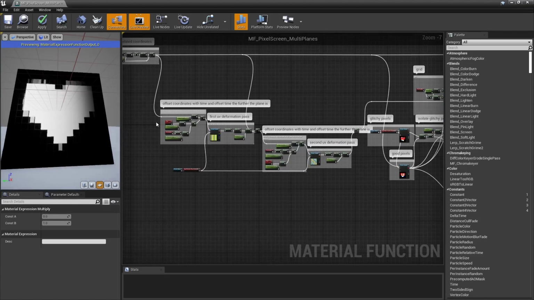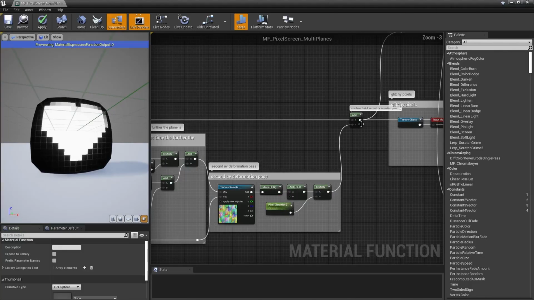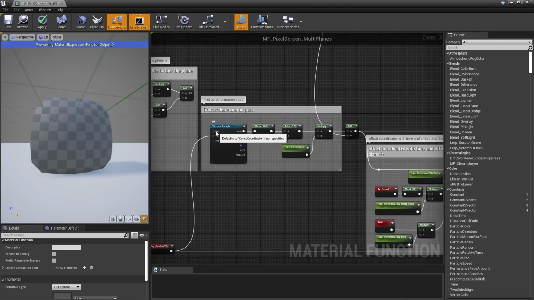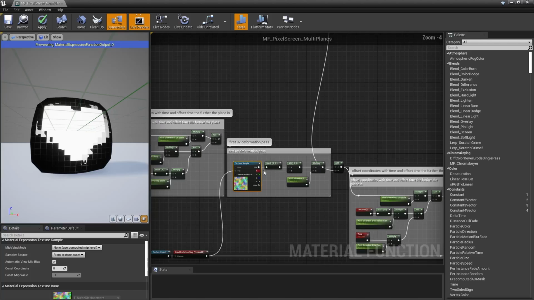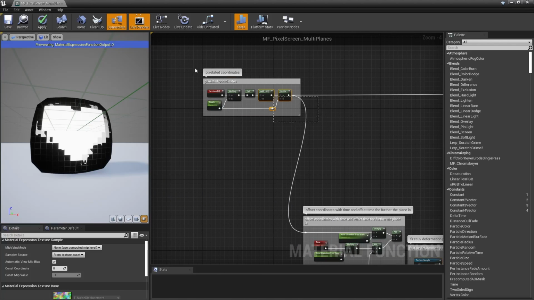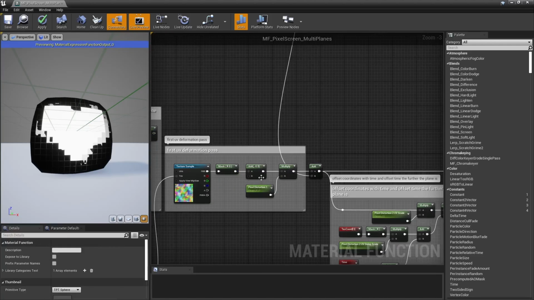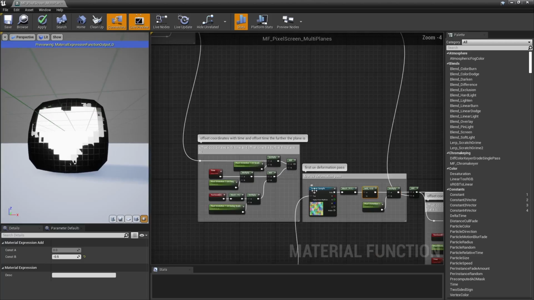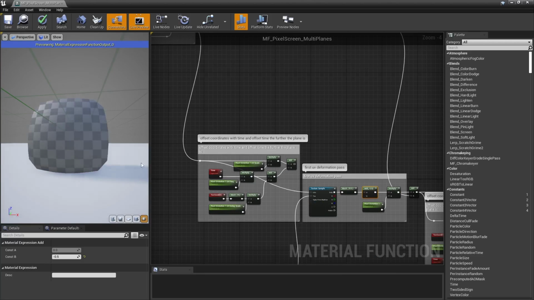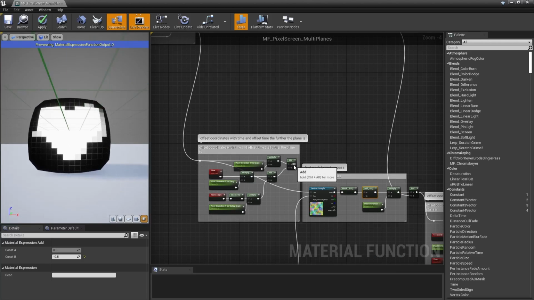So let's see what we got here. Let's unplug that first, and that as well. Here I have an RGB noise texture, and I'm using those pixel values to distort my pixelated coordinates. Now to subtract by 0.5, so it's distorted in both negative and positive x and y. Now that doesn't look too good on its own, so I'm using those pixelated coordinates again to sample the noise